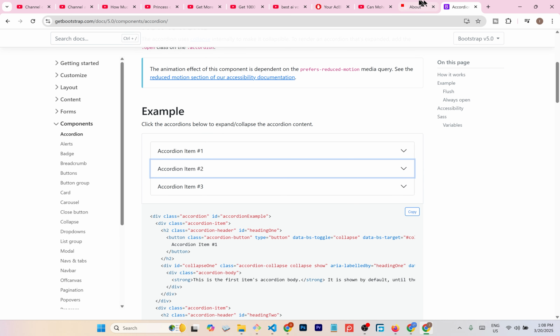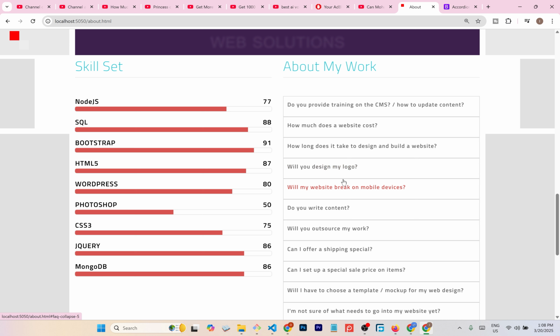But in my website here, you can see there's a bit of styling going on, and there's something a bit different, okay? So let's see how we can build something like this quickly. Okay, so first things first, in my HTML page, you should have a link to your Bootstrap. Okay, here, if you look at this,